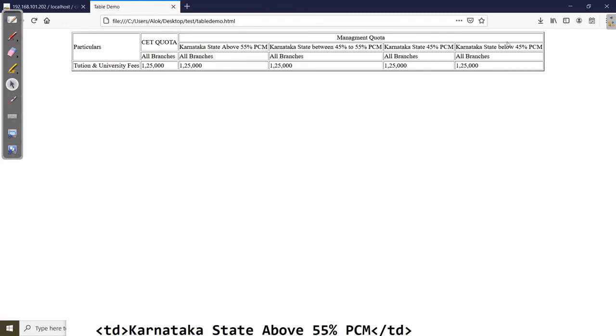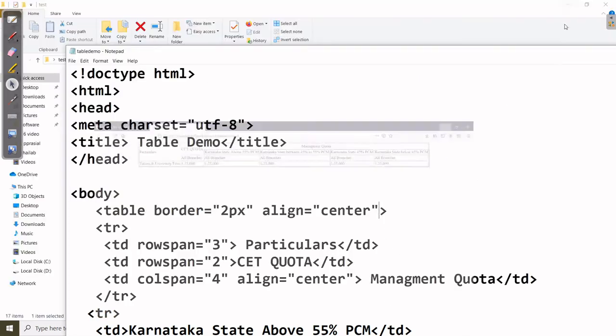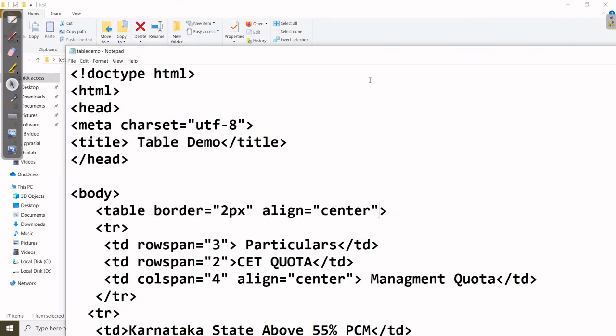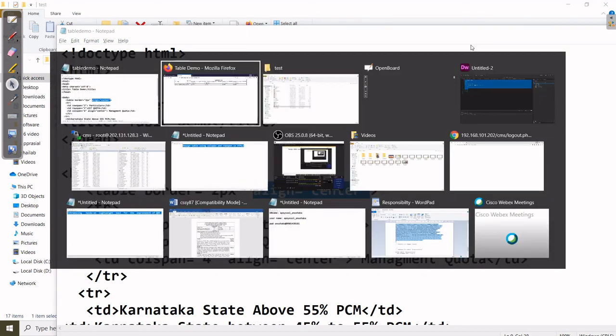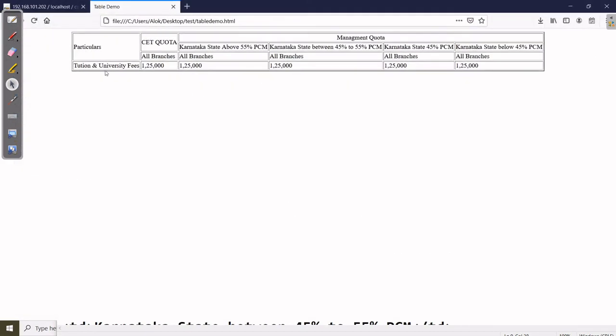And you see here we did not put any height and width, but still whenever you see the output, everything is adjusted automatically, clear.